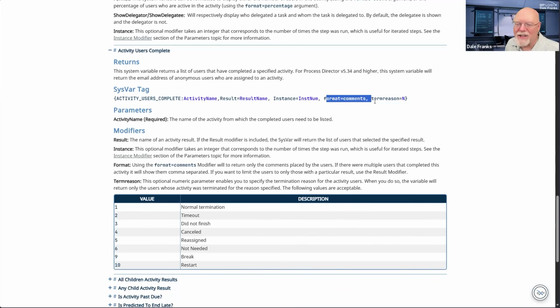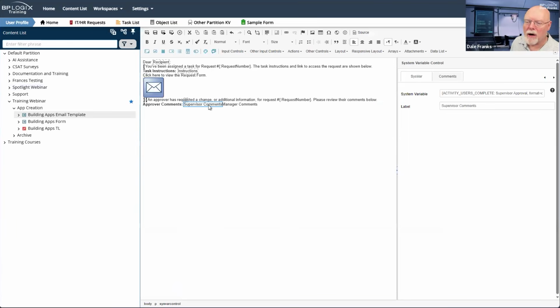So I don't really need to narrow it down that much further. What I really just need are the activity users complete system variable. What I really need is format equals comments. So I return the comment that was left by the user. So we'll go back here. We'll take our supervisor comment and our manager comment.